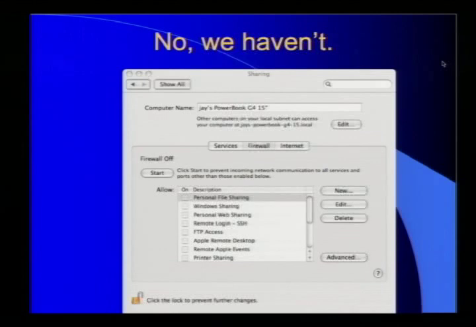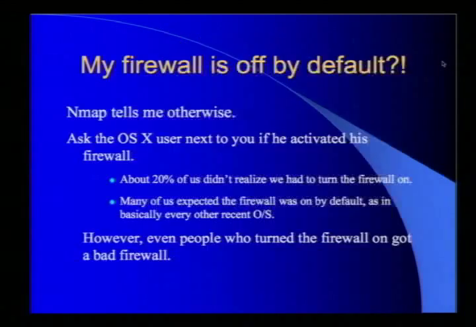And that's not just me being stupid. One of the things I started doing in building this talk was going around to other people speaking at conferences and other security professionals and saying, hey, can I look at your Mac for a sec? And being like, hey, you got no firewall. These are really bright people that write some really awesome software and come up with all kinds of great attacks, and they're like, oh my God, I've got no firewall. The emperor has no clothes. So you think maybe Jay's the only one who didn't turn his firewall on, and it turns out I'm not the only one.